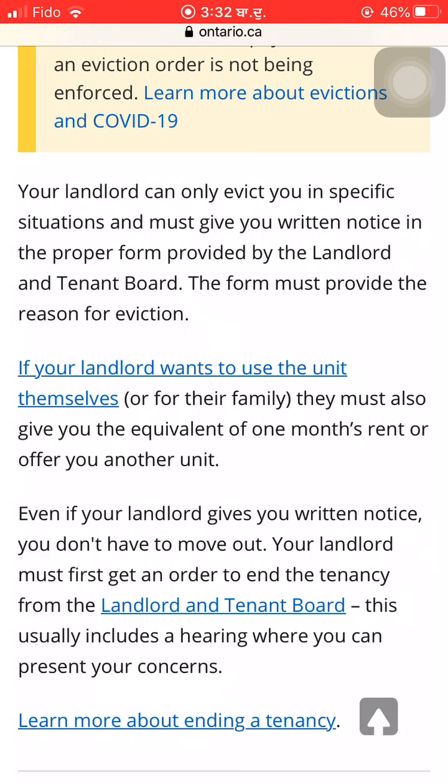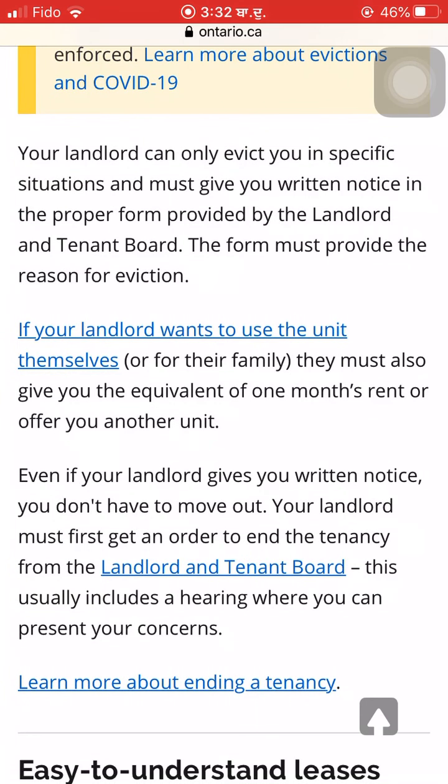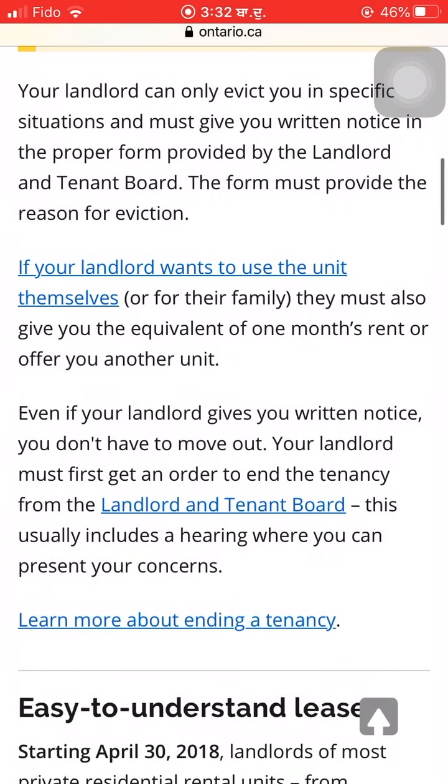And then if they want to stop any service they provided you while leasing the home or making the agreement, or if they are not giving you that service or are taking it back from you, you have the right to ask them for another equivalent service, or they must give you the equivalent of 1 month's rent. If you have paid $2,000 rent, you have the right to get that back if they are taking any of the service back, or you can ask for the same or an equivalent service. If they can provide it, they have to provide it.